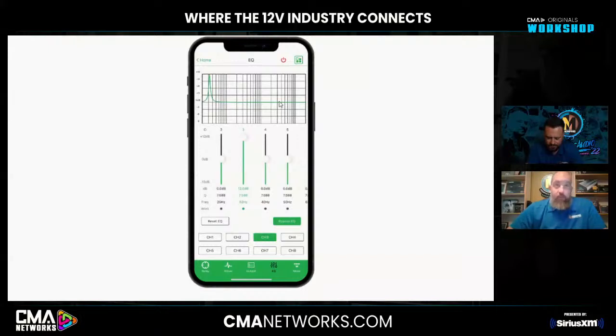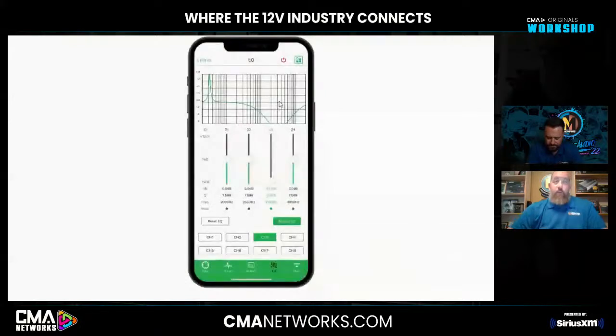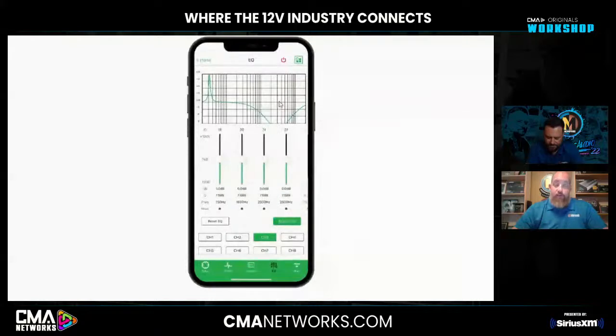Within that, you can also tap the button just like with the PC app. You're going to adjust your frequency, you're going to adjust your Q, and you're going to also adjust the gain you want. So with that, you can see we kind of spread that out. Obviously, this is not how you would actually tune anything, this great variance of frequencies, but you can tell how you can make the spikes, you can adjust the Q, you can really dial the whole thing in